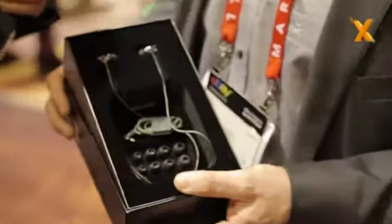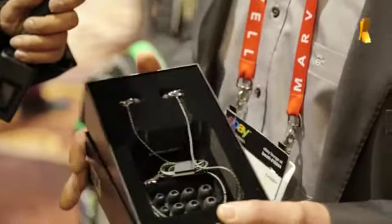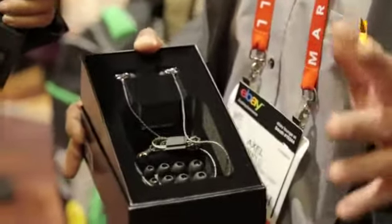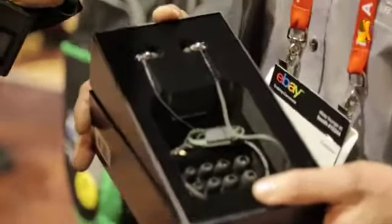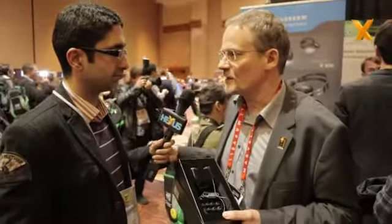Yes, we have made a very new approach to in-ear headphones. So we have a special transducer for it with a very wide frequency range from close to 0 Hz up to 46.5 kilohertz. This part of the frequency range is only interesting for bats, but it is very linear in the audible range. And we have added an acoustical absorber that blocks out a principal failure of all in-ear phones. When you put something into your ear channel, this results in a